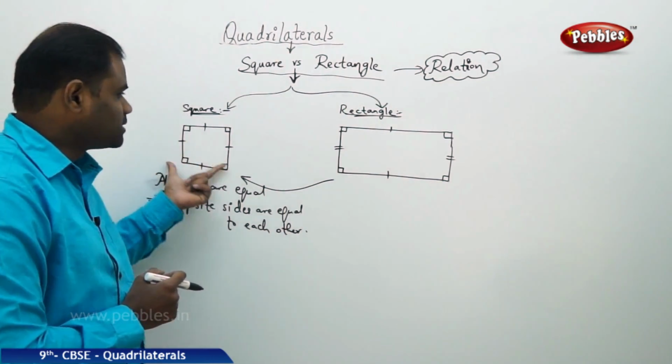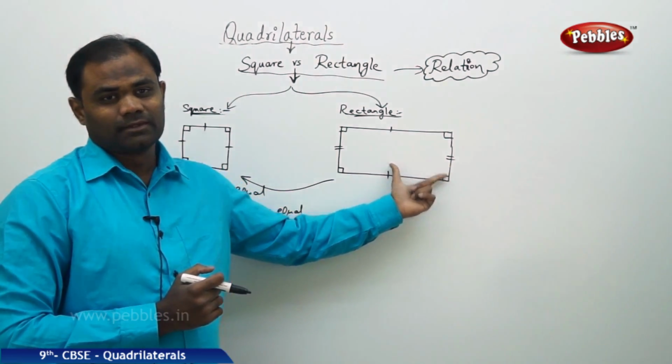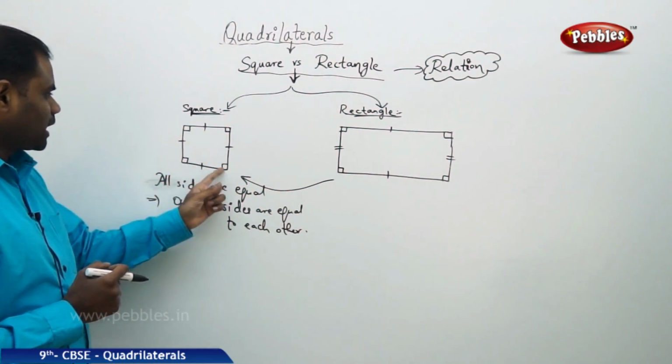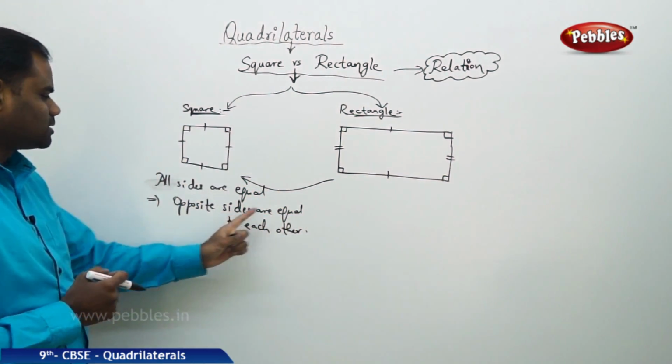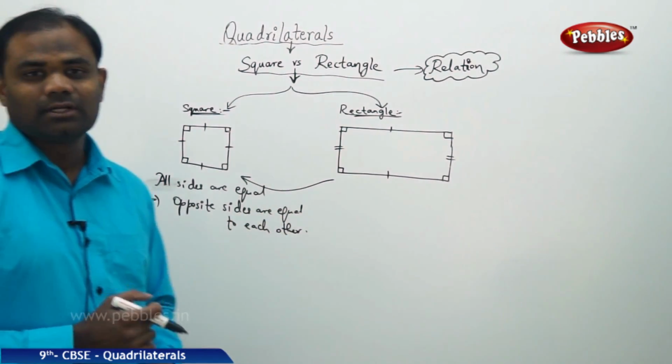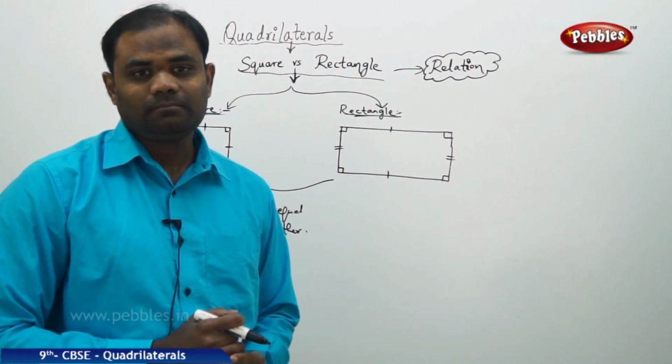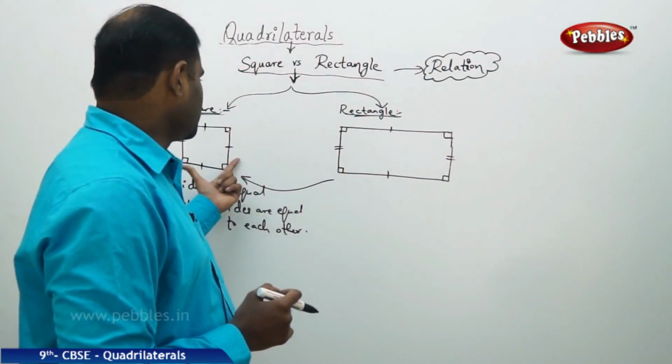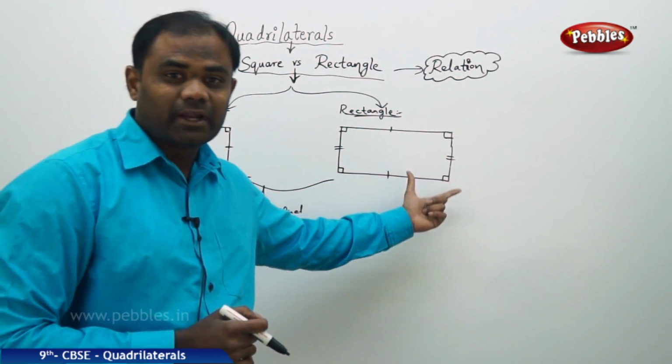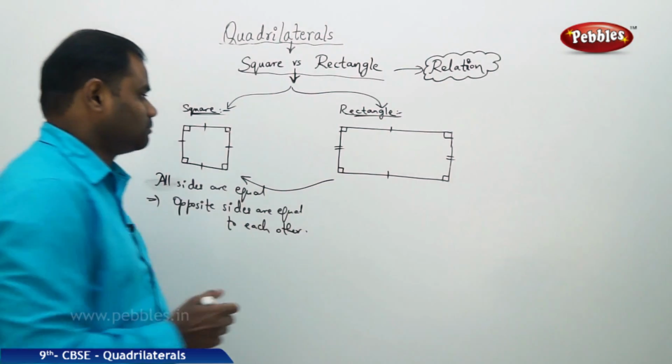Therefore, this retains the property of a rectangle. Therefore, a square with each angle being 90 and opposite sides being equal to each other can be called a rectangle. Therefore, every square is a rectangle, but every rectangle cannot be a square because